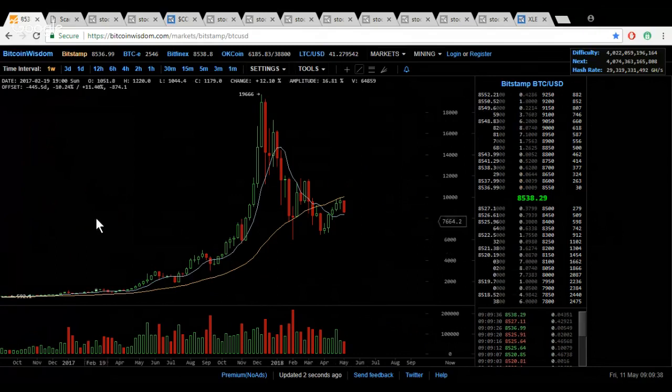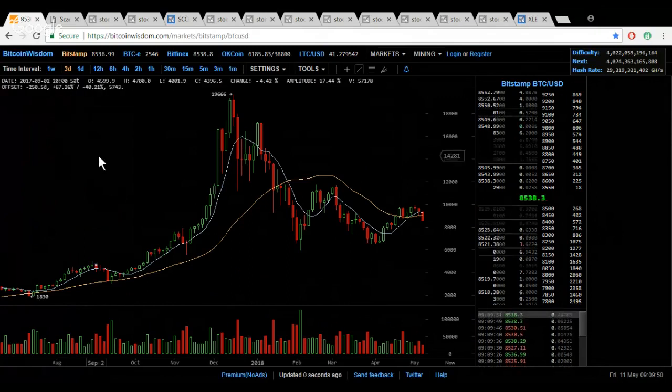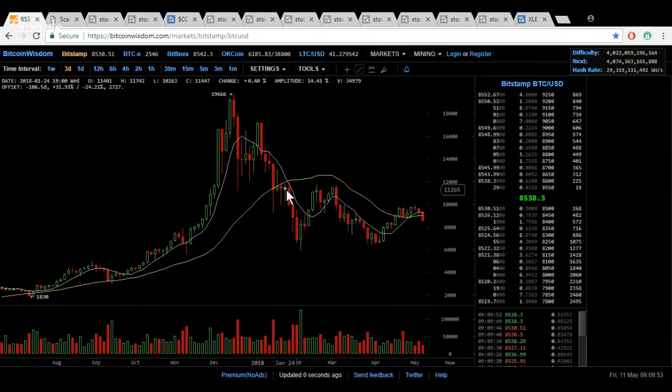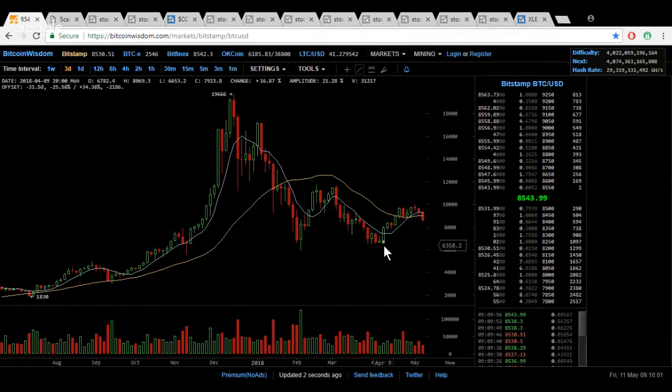That's what that shows me. Now I'm going to show you the same thing at various time levels. This is a 3-day chart, 3-day candles, and we're just looking at the moving averages. We had a death cross here. We attempted to get back to the long-term moving average. It failed, which then turned the long-term moving average, in this case,